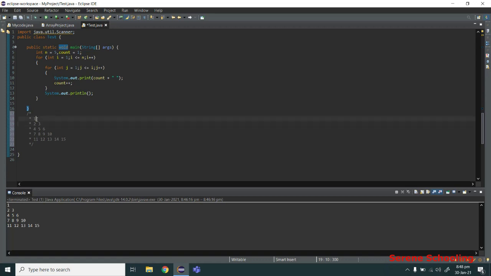Now let's examine the columns. As you can see, there is a fixed pattern. First it's printing 1, then 2, then 3 numbers, then 4, and then 5. It is increasing by 1 in each iteration. We know our i will go from 1 to 5, so we can base our columns on the value of i. For the first iteration, i will be 1, so we will run a loop which will go up to 1.